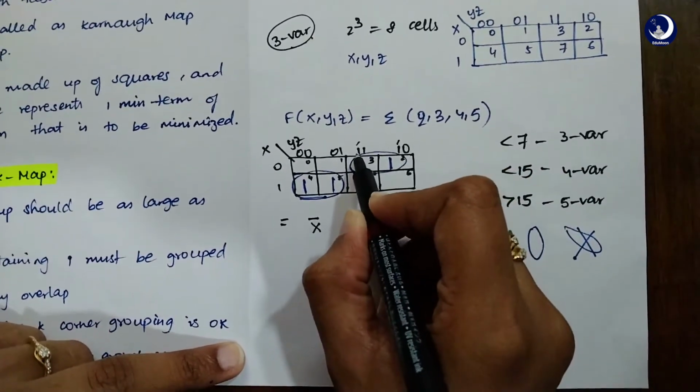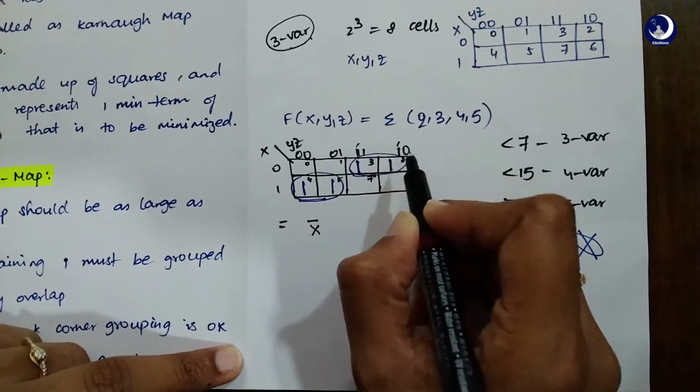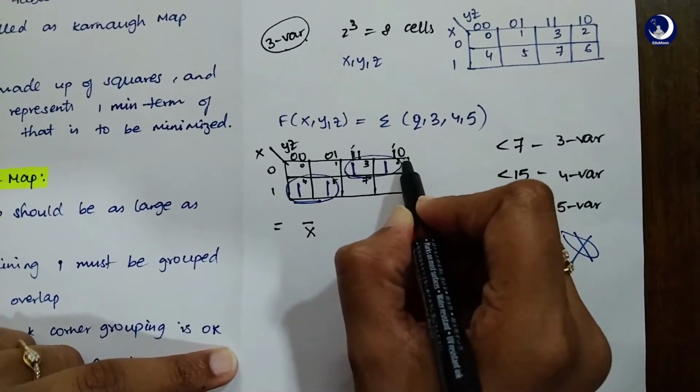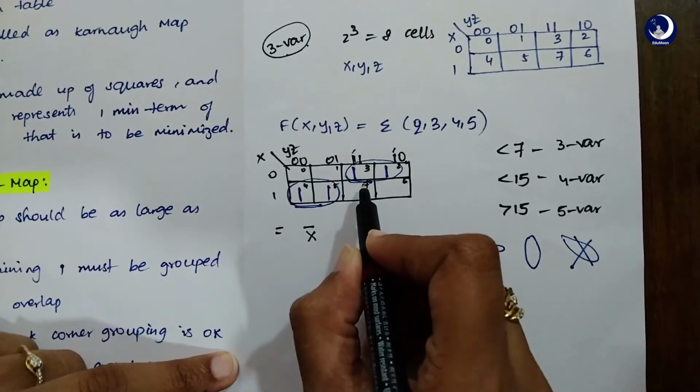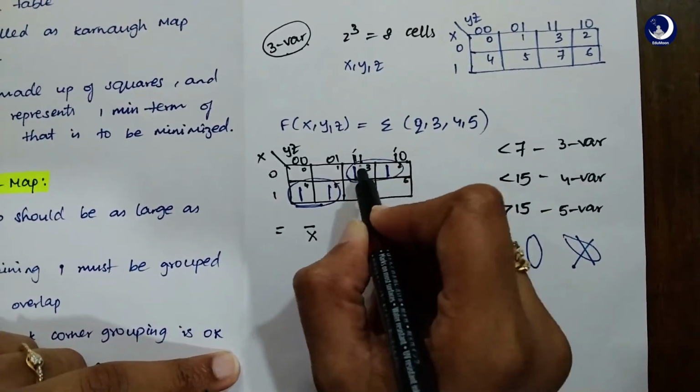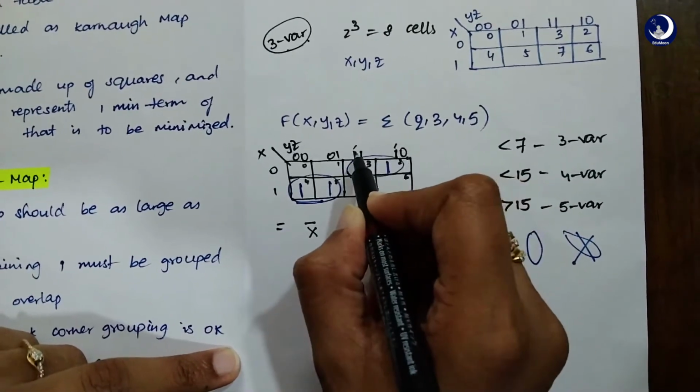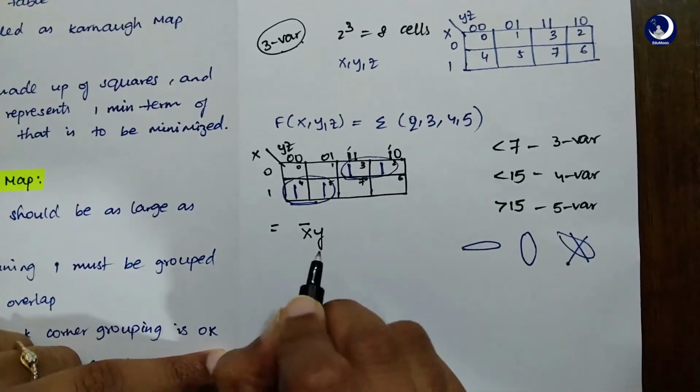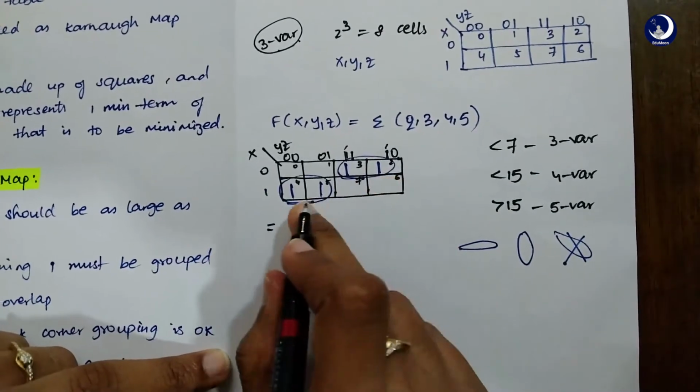That means it is not changing. The 1 here is the same and 1 here is also the same. But here it is 1 and here it is 0. We need to only take the values which are constant in both the terms. So this 1 and this 1 correspond to a y. Right? I hope it's very clear for you.